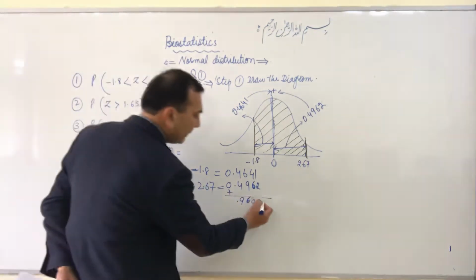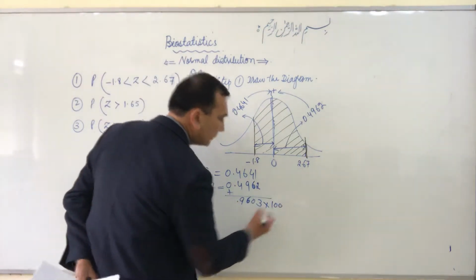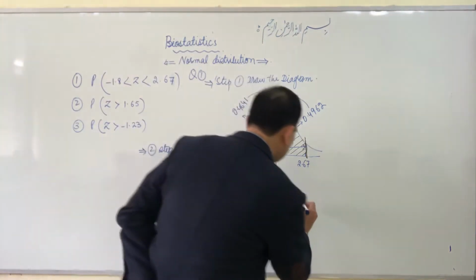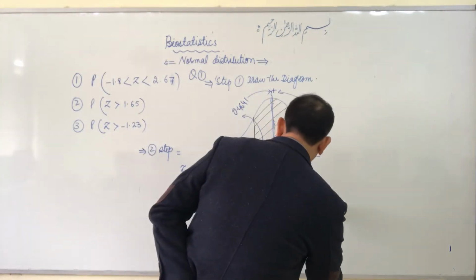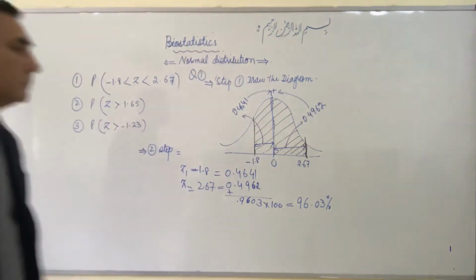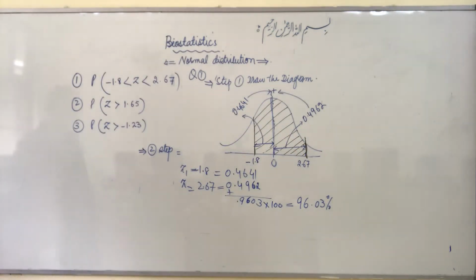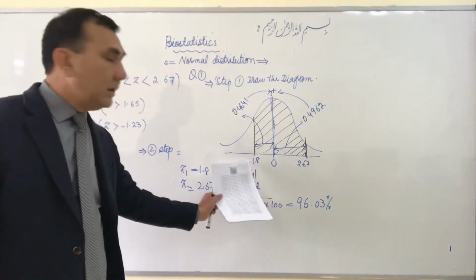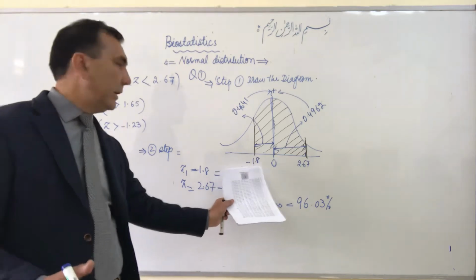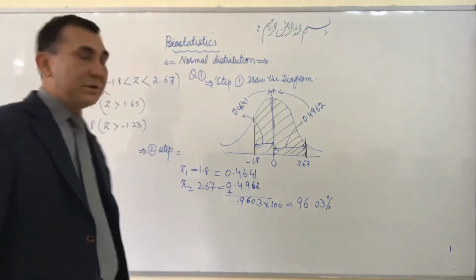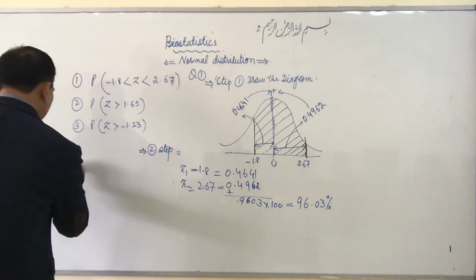Then we will multiply it by 100 to find out the proportion or percentage. It will be 96.03%. Right? So this is the area between minus 1.8 to 2.67: 96.03%. So in step 3,